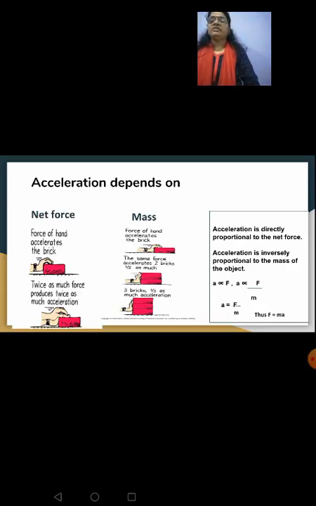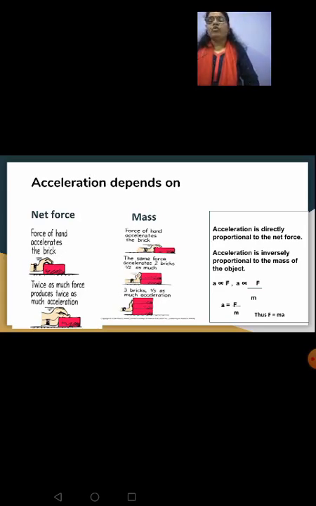Look at the figure given here carefully. When you apply some amount of force on a brick and you push it, it accelerates, right? When double the force is applied, what will happen? More acceleration will be produced. Remember, I said the applied unbalanced force on an object creates an acceleration, and this acceleration depends on two factors. Those two factors are net force and mass. What is the relationship? We'll see later.